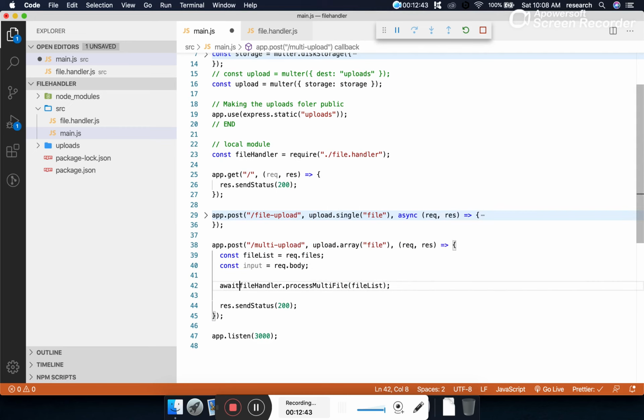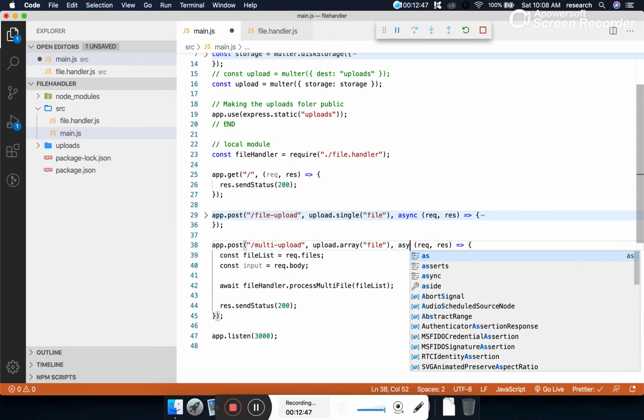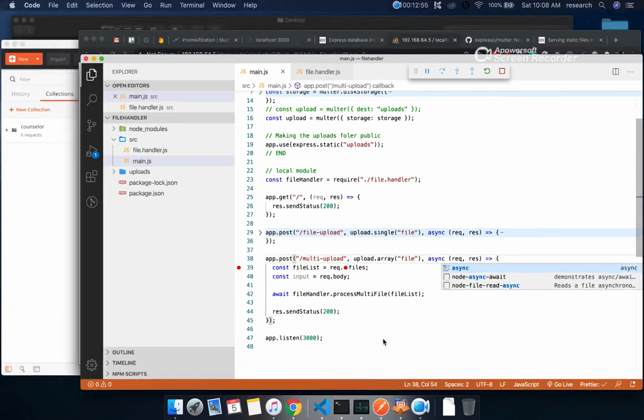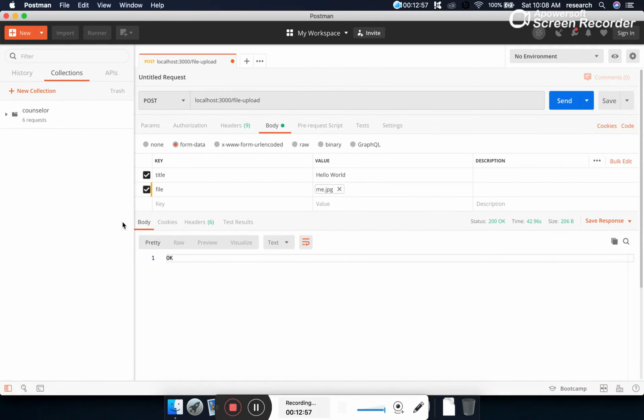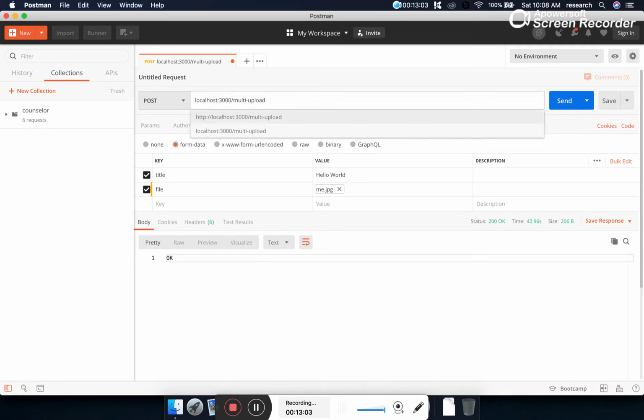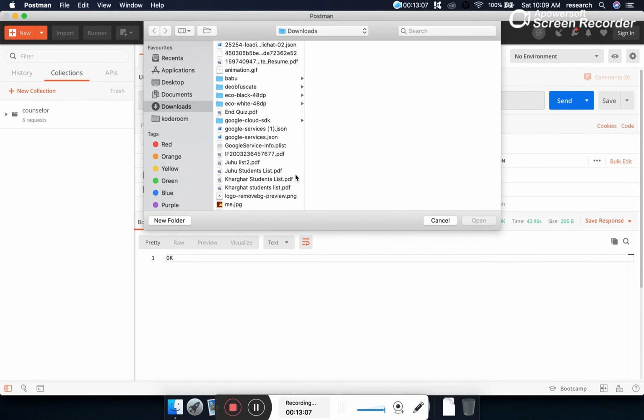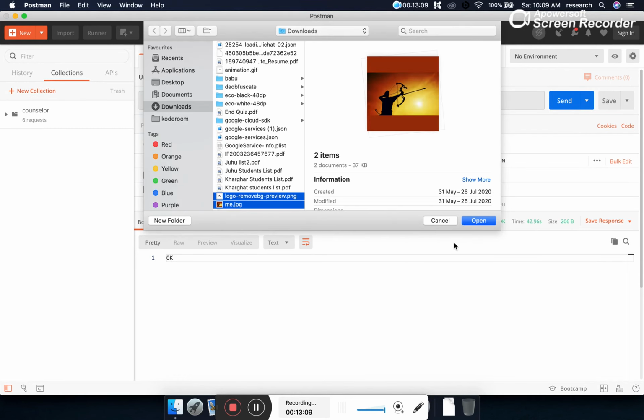And since that is asynchronous in nature, we'll wait for the response and we'll make our method asynchronous. So that's it we have to do. And let's put a debug point here. Let's restart the server. Let's open the Postman, and instead of this single API, this time I will do multi upload. And let's upload more than one image. Let's select more than one image.